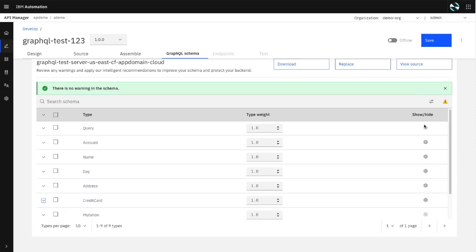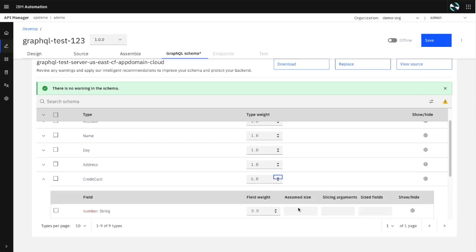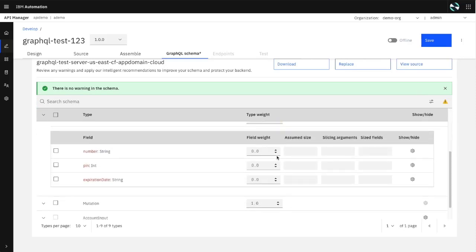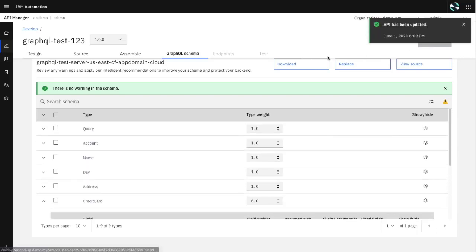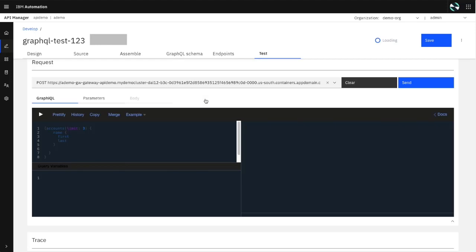So after we're done setting the fields and the weights for each of the fields, here I can set up credit card and make it like 4, or I can go into each of them and set them in different ways. Then I just click save, and then I just turn it on like you saw earlier. And what's really powerful here is that I can go into test real quick, and I can actually do API graphical type of tests right from here. So in one button click, I can